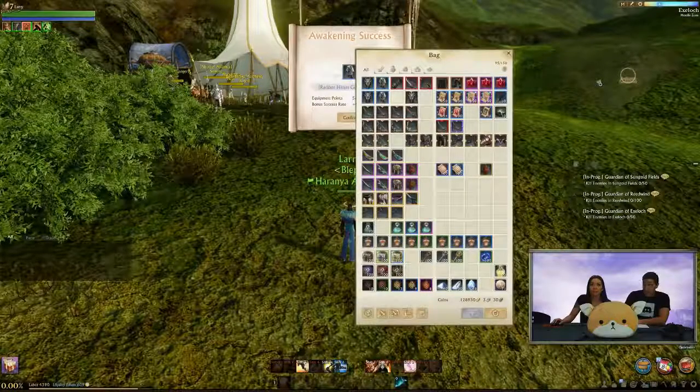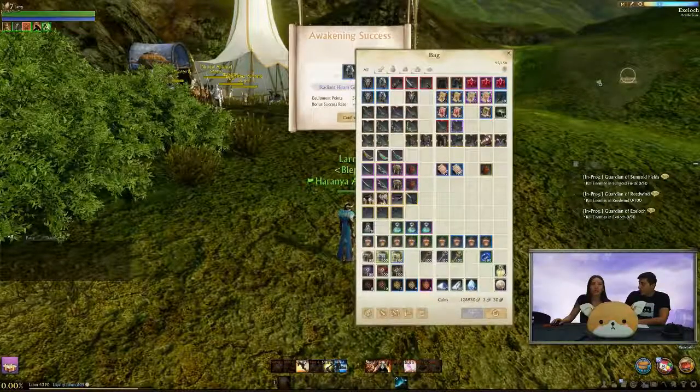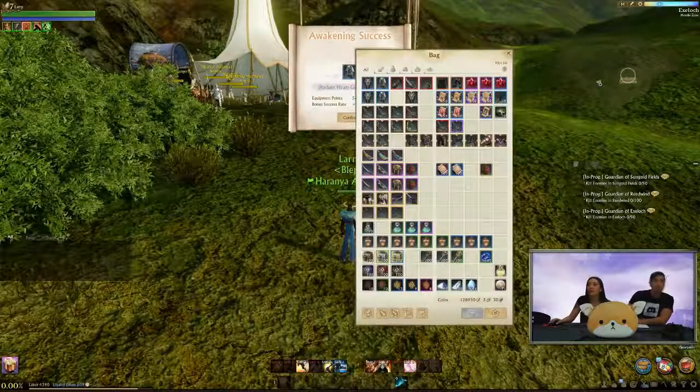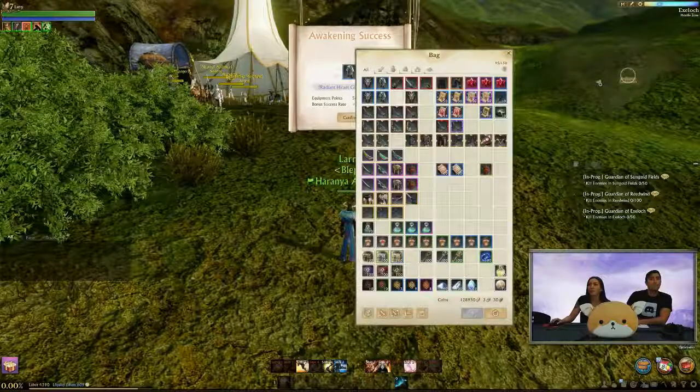Lunafrost, do they stay when you awaken? Or is it just gems? They stay as well? Gems and Lunafrost stay. Another thing that's coming with... oh yeah, by the way...